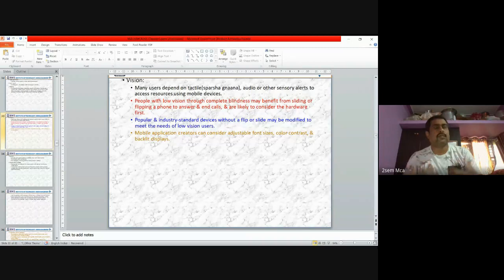Either you should give information to him by audio, or if he gives input in audio, you must receive it and convert it to text. Here, people with low vision through complete blindness, according to the textbook, have flipping, ending calls, phone to answer and all. We have given that, even hardware will support that. But